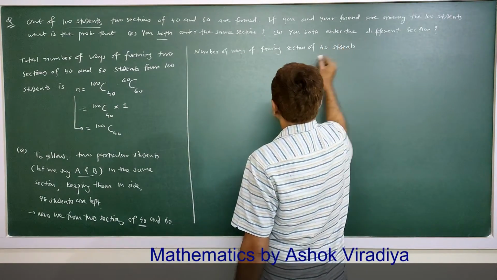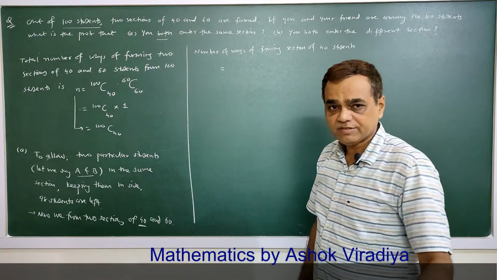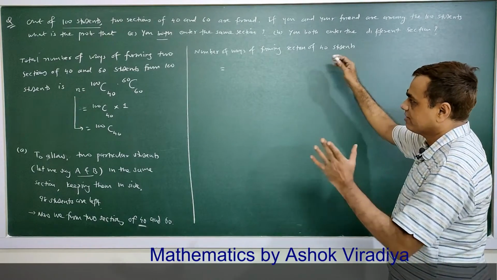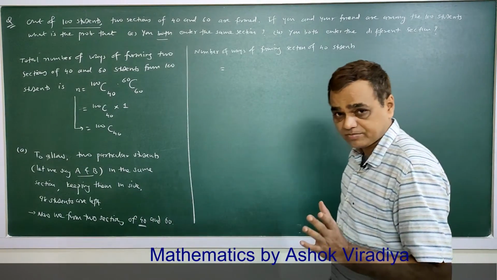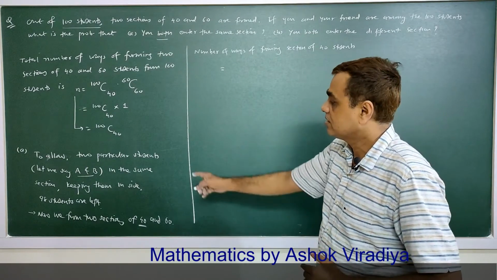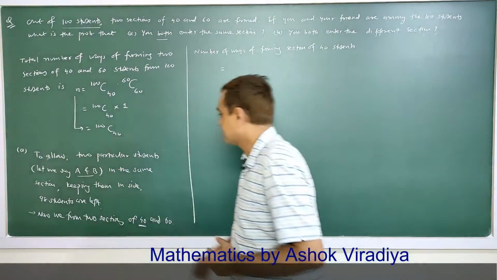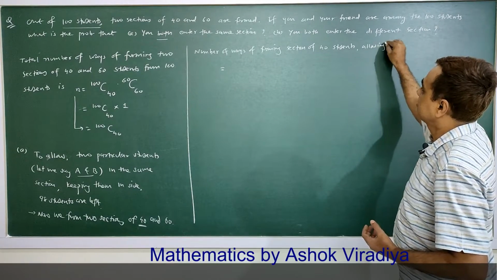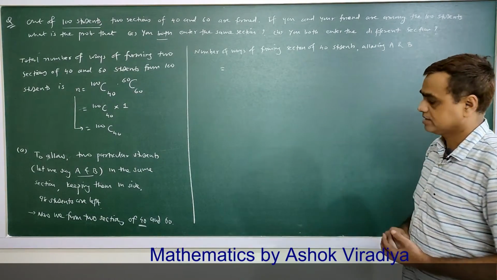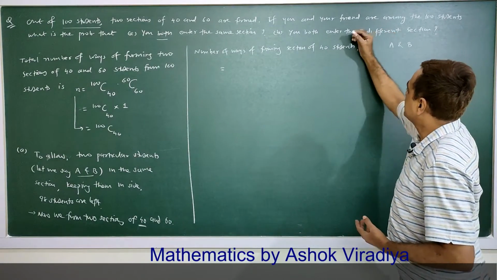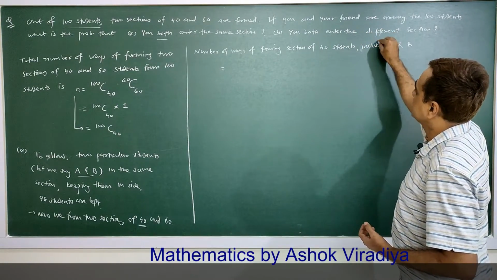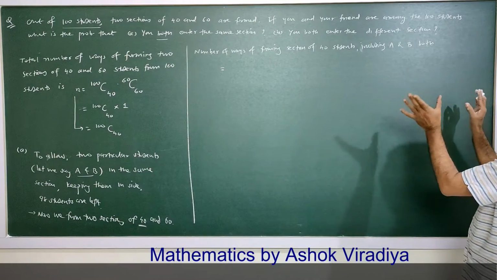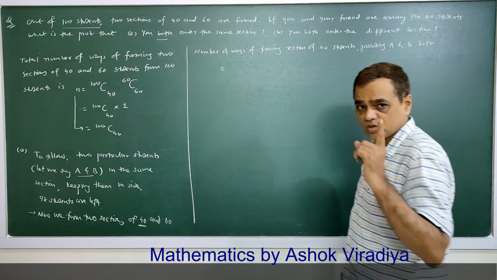40 students equal to, see, first of all we are forming 40 students. Number of ways of forming section of 40 students in which these particular students A and B are allowed, including A and B both. So number of ways of forming section of 40 students including A and B both equal to, see, procedure is